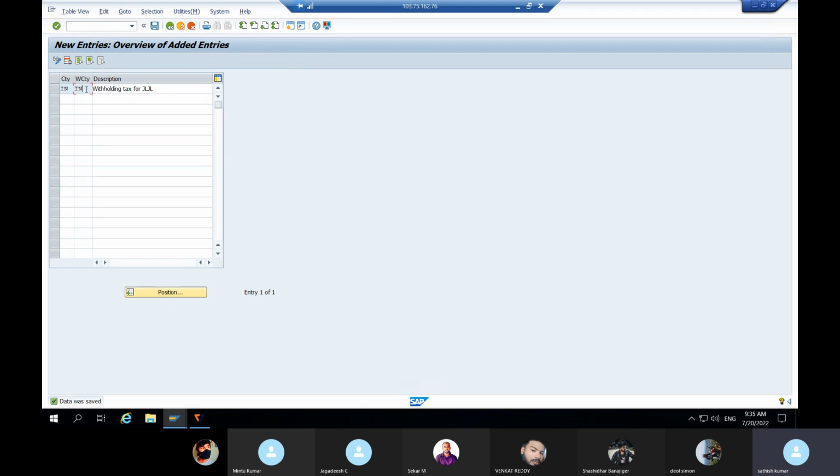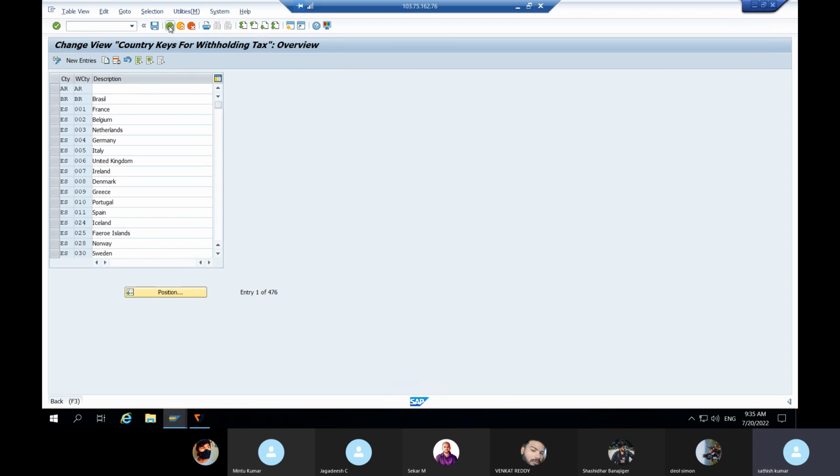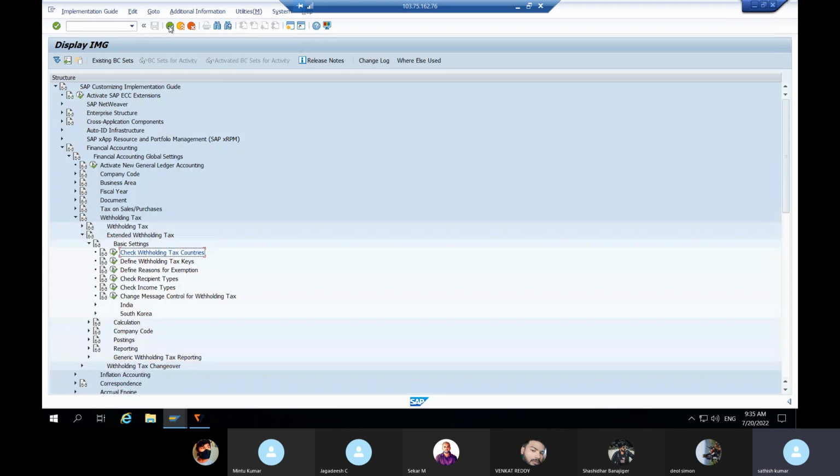Okay, in the international tax configuration, right now I'm following as per India TDS. And to come back from the screen, the second step is go to calculation,